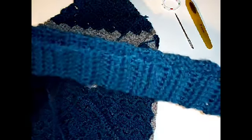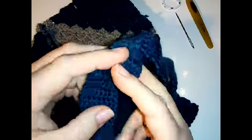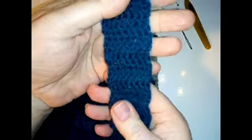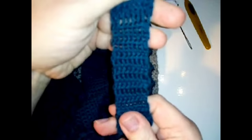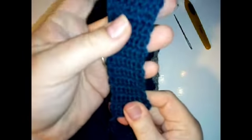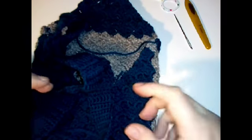Okay, so I've finished my strap. I've made a sort of medium length strap here. So I started with single crochets, and then just to make it a bit speedier, I did some double crochets. But remember, I said it will stretch, and double crochets will stretch a lot. If you look at that, they're stretching quite a lot, whereas single crochet isn't stretching quite as much. But I did those double crochets, and then I did some single crochets at the other end, about the same length. So I know that when I wear this, the strap will stretch. Okay, so just be prepared for that,